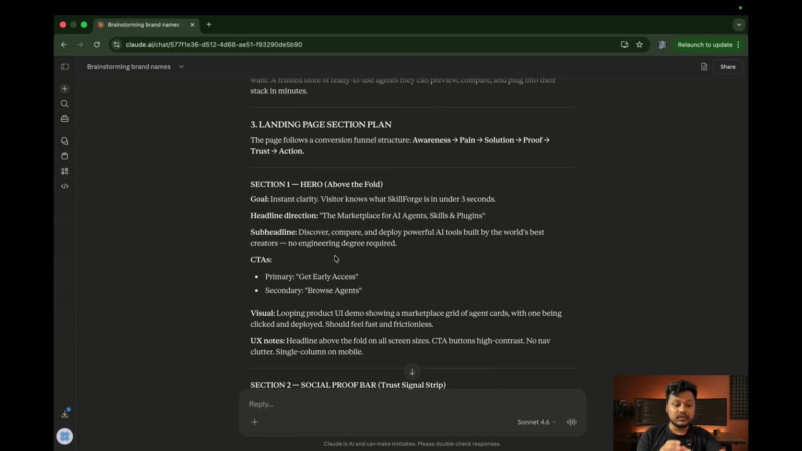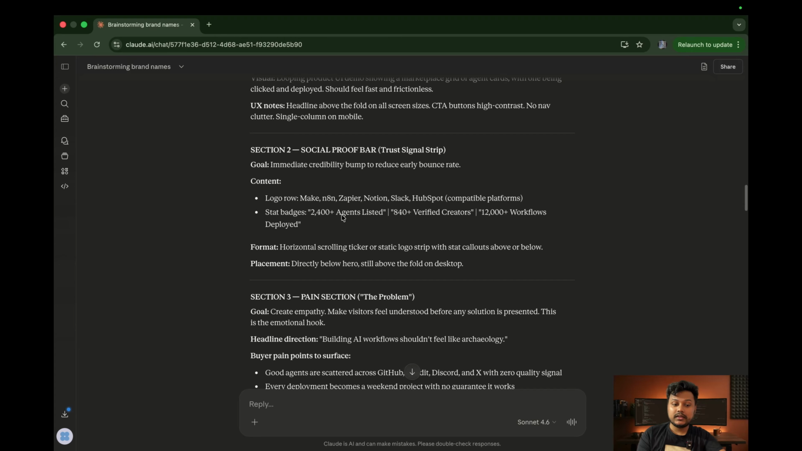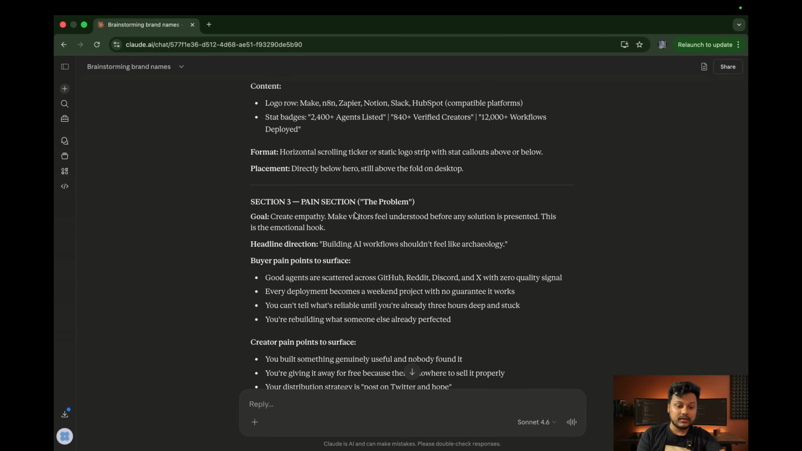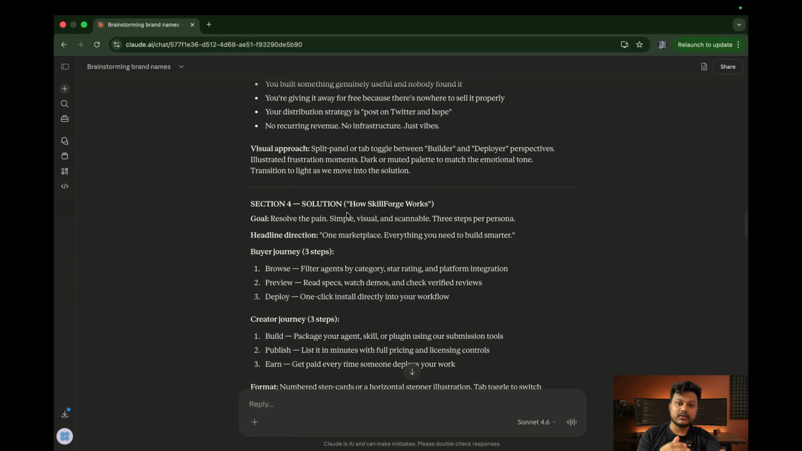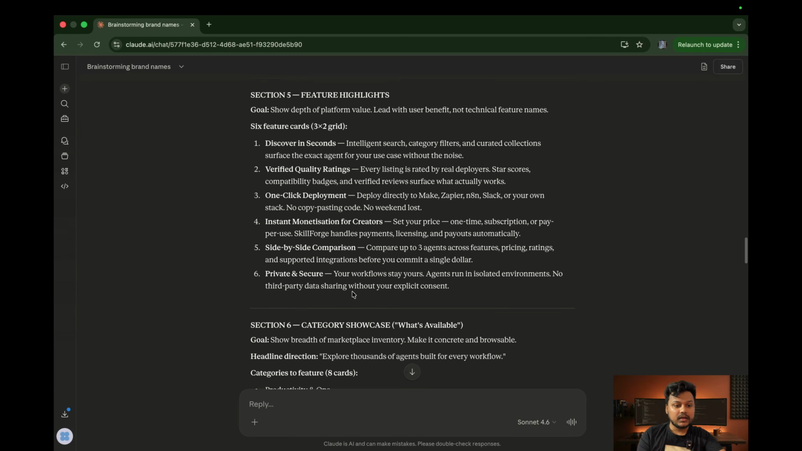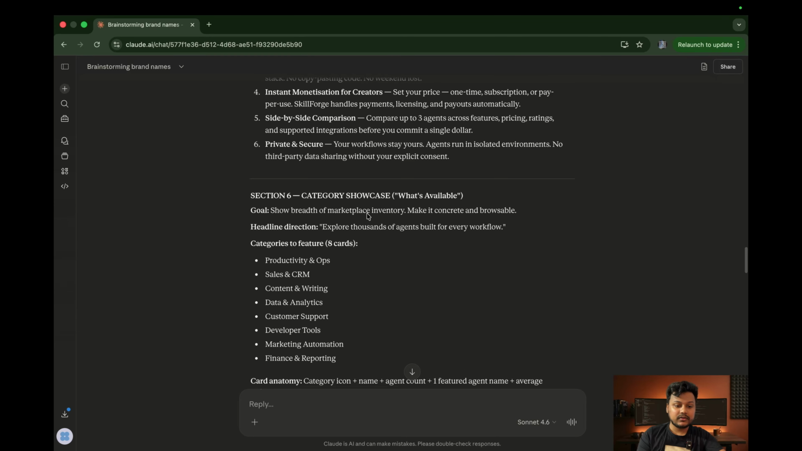And then it goes into the sections for the landing page. So we have the hero section, and then it generated the social proof, pain section, the problem that the user is facing, and also the solution. Very standard way to generate a marketing landing page. And then you have the feature highlights, category showcase,